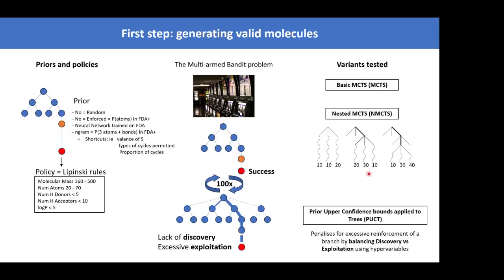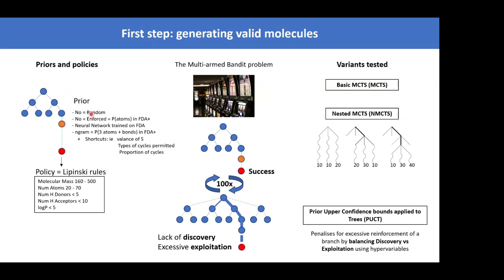In a way, the decision tree making, because of the random generation aspect, provides a solution to that last problem. So we started our project by testing various architectures for the Monte Carlo Tree Search. And the first thing that we considered was, first of all, do we need priors? And what we mean by prior is prior knowledge. Do we need to provide the algorithm prior knowledge in order to generate compounds?